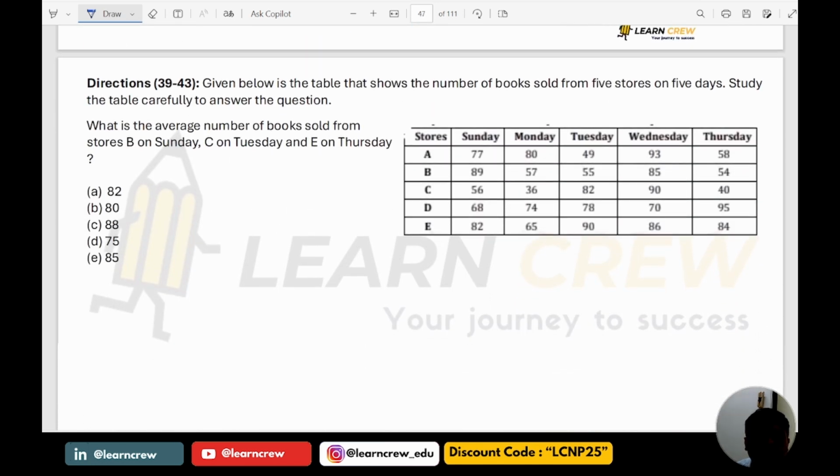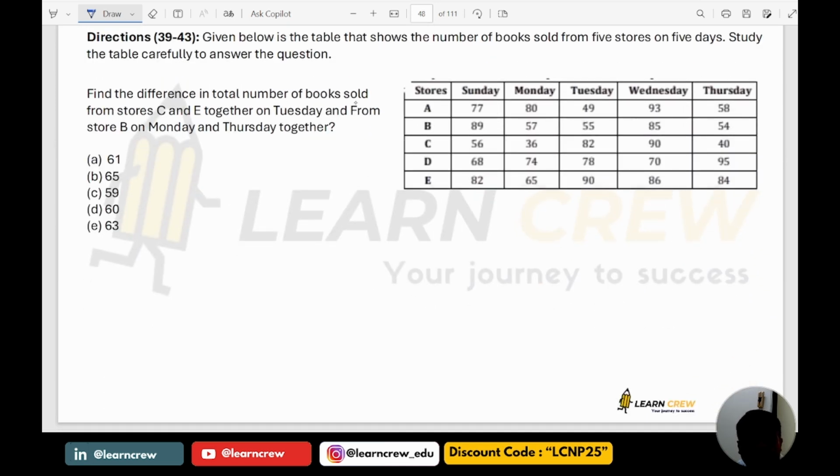Next one. What is the average number of books sold by store on Sunday, C on Tuesday, E on Thursday? If I take those values, 89, 82 plus 84. Average means divide by 3. 171 plus 84, 255 by 3, 85 is the answer. So the answer is 85. Next,